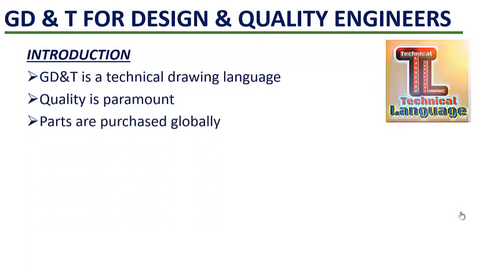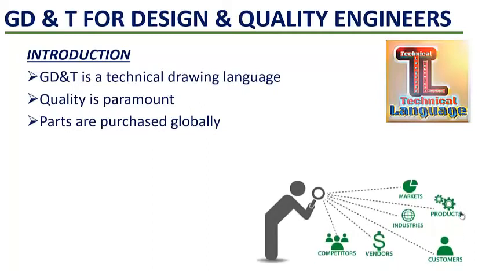To achieve these things, many parts are now purchased globally. It means all the components need not be manufactured in the same organization or in the same machine shop. If a similar part is being supplied by a supplier for a lower price outside the country or outside the company, companies are ready to purchase those parts. In order to buy these parts from outside our company, we need to make sure that the design intent is conveyed properly to the manufacturing plant or the supplier, informing the supplier what needs to be supplied.